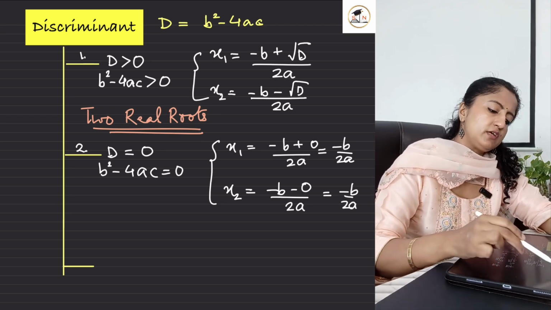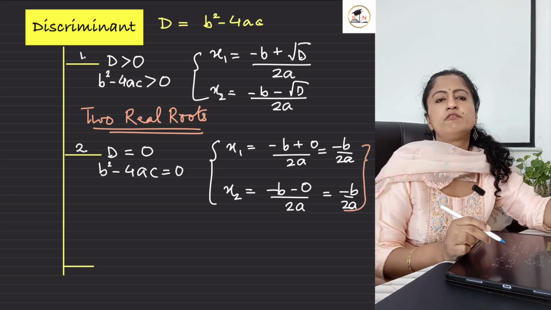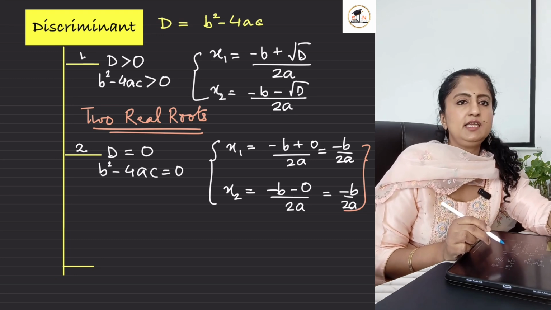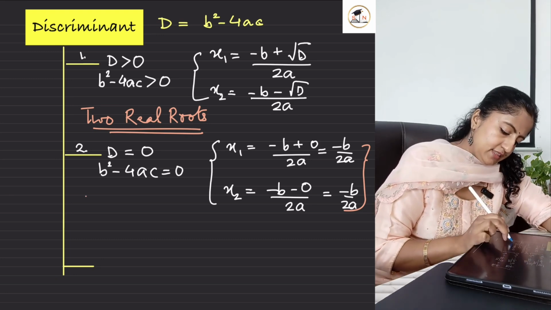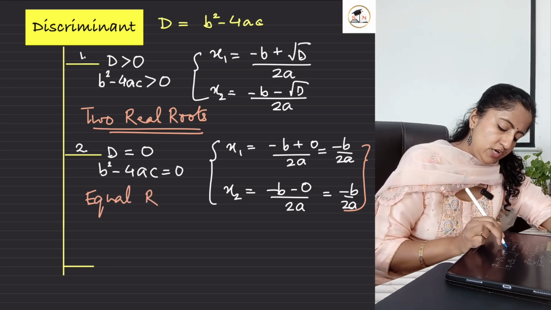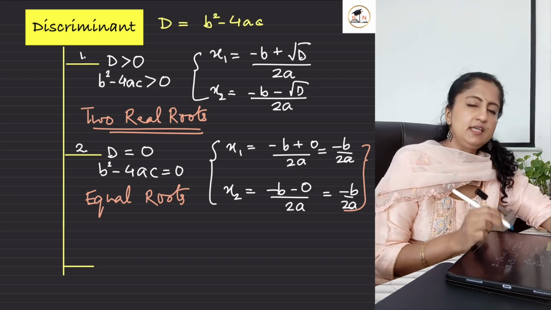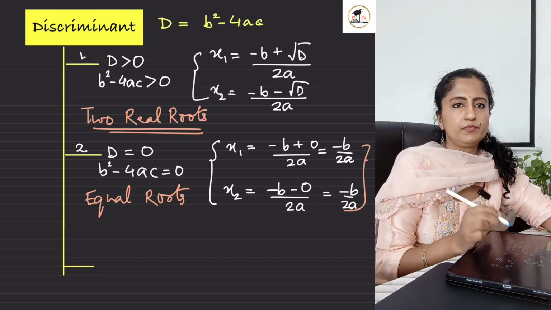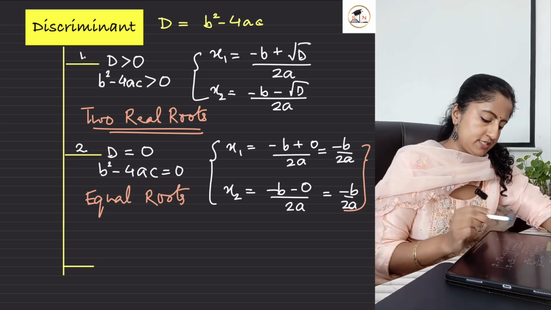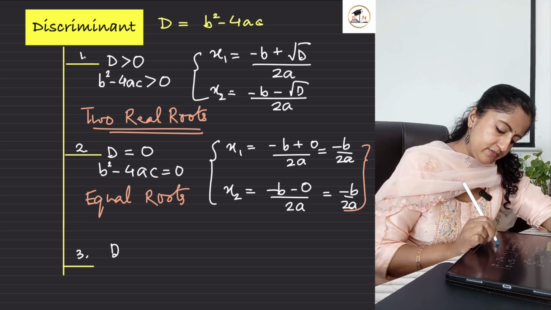So what are we seeing over here? What do we have? Same values. That means when d is 0, we are getting same roots, that is equal roots. And hence the nature of root is equal. Equal roots we are getting when our d equals 0. Is it clear? Okay. Now moving on to the last, the third case, which is when our d is less